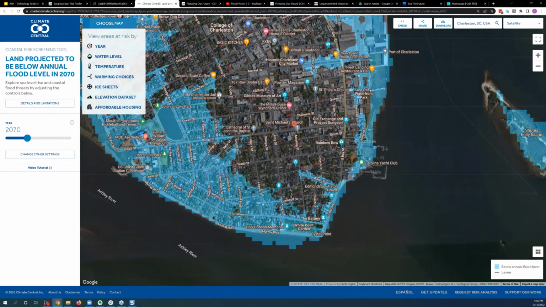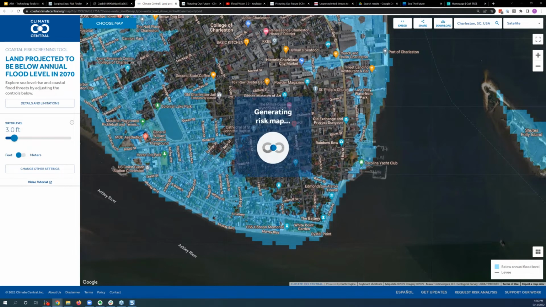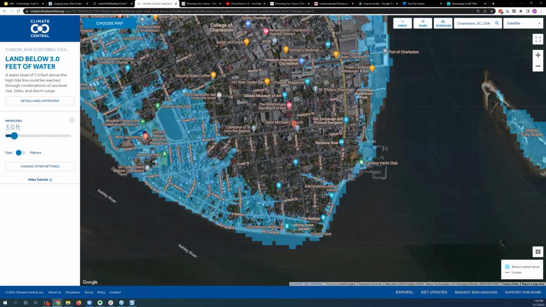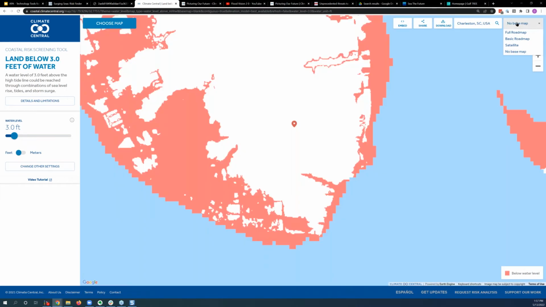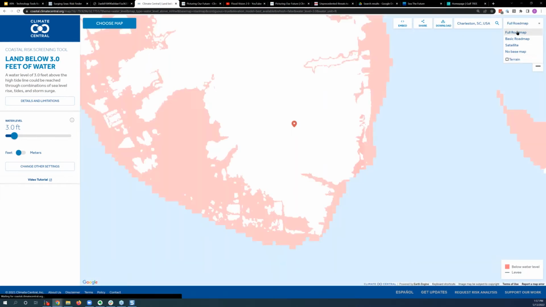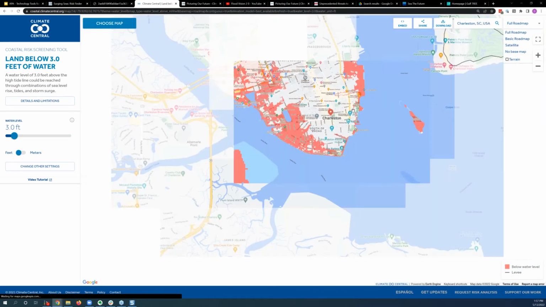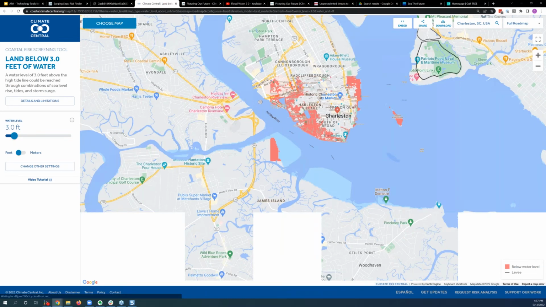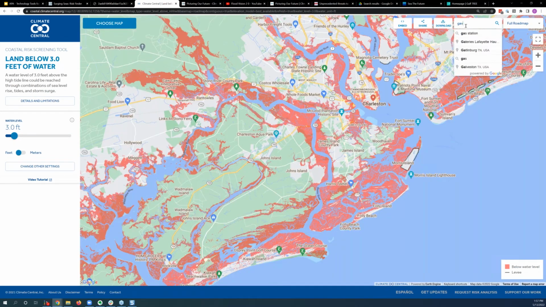What else? You can choose different maps up here on the left. So we have various maps based off of different reports and themes we've done. There's a water level map I'll show you very briefly. And this one lets you just set the water level on the left. It's pretty straightforward. You can also view the map in a simpler way without all the information on it, and zoom way out and explore the country.